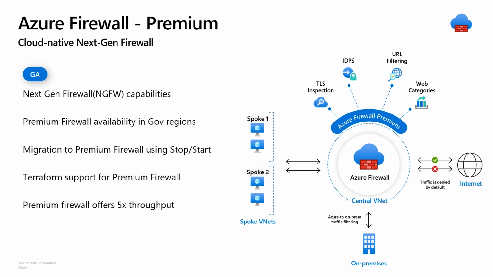The Azure Firewall could also be used to protect and inspect traffic that is flowing between Azure and on-premises, or even between virtual networks in Azure. The Azure Firewall Premium is now available in all the regions, and it's also 5x more performant from a throughput standpoint. And so along with Azure Firewall and Azure DDoS standard versions, there's a lot of threat protection that customers can get.